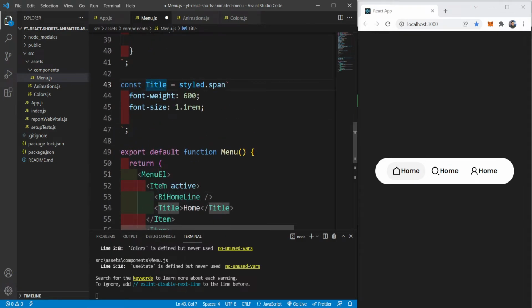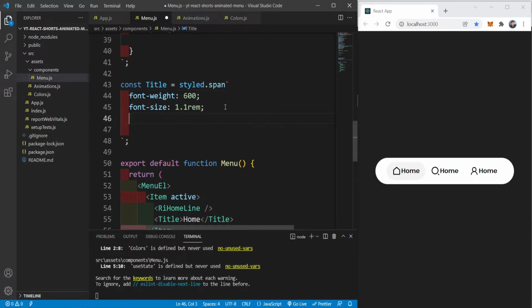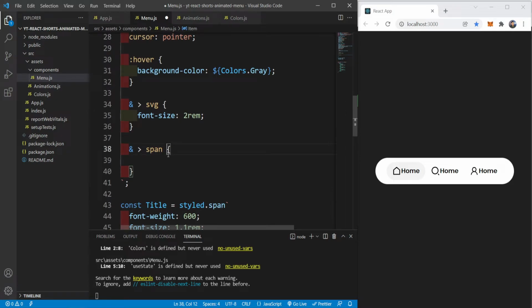We are passing the props to the item, not the title itself, so we cannot go over here and say like this, pass the parameters and get the active here, because there is no active. The active is on the item. We could do some prop drilling and pass the active to the title, but it doesn't make any sense in this case. So I will access it over here, and I could use the p or the props over here. So p.active, if it's active,